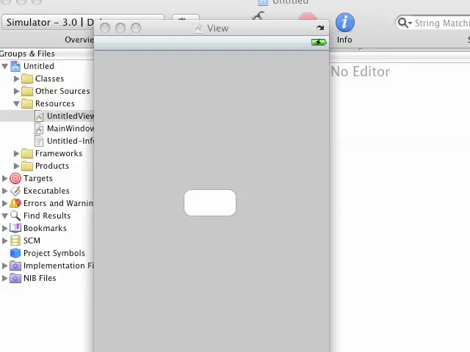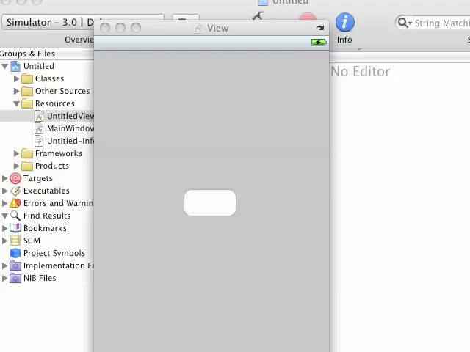Hey everyone, today I want to show you a little trick I was using last week. Sometimes you want to make a nice looking user interface for your iPhone app, but you can't really afford to have a designer do it for you. Or maybe you just want to prototype what you're working on so a designer can turn it into something really nice looking later on. What I found to be the most useful thing to do for this is to use